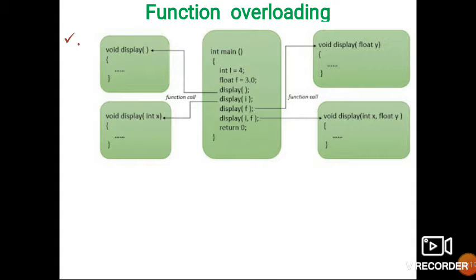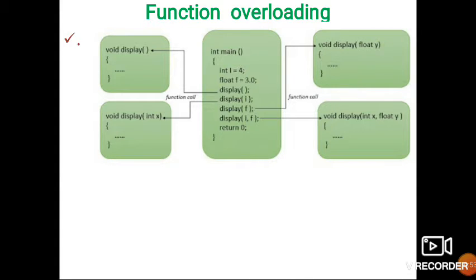The only difference is, if we need to draw a line, we need the starting point x-axis, y-axis and the ending point x-axis, y-axis. If we need to draw a circle, we need the x, y axis as the center point and a radius value. So in function overloading, the same function name is used to perform different actions. If the same function name is used, then how does the compiler decide which function to invoke when calling?